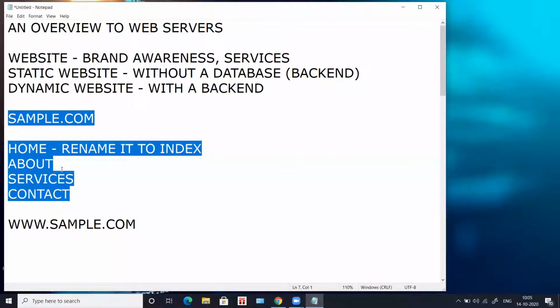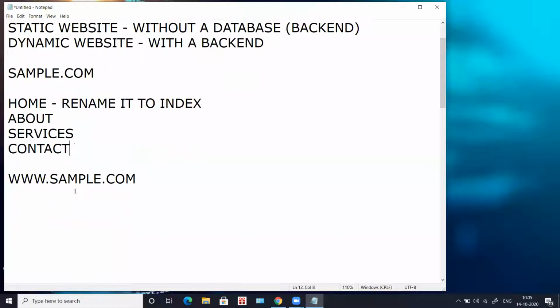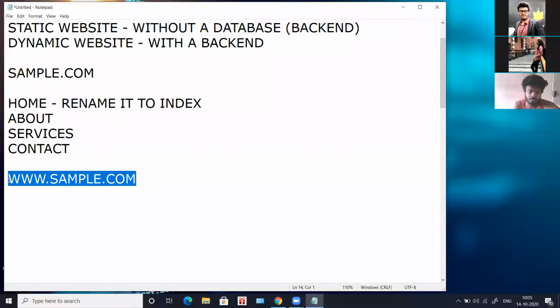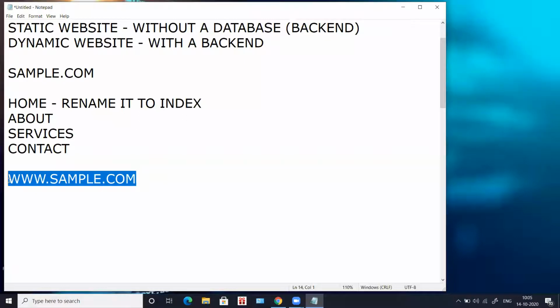Now, if you want to make this website live, as in, if you want other people also to see your website, you need two things. When you develop a website, you develop it using any technology. Take HTML, ASP, PHP. But once the website is ready, the ultimate goal is to make it live so that people can see your website and understand what kind of business you are doing.